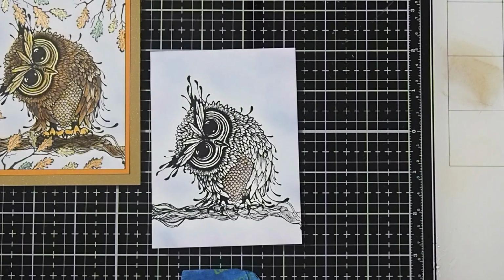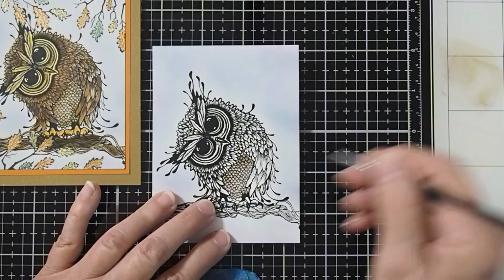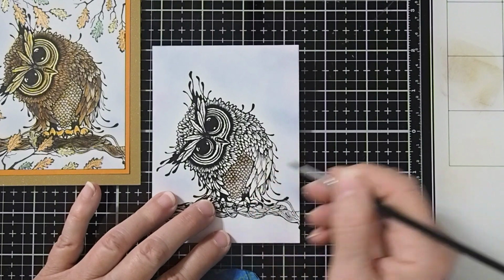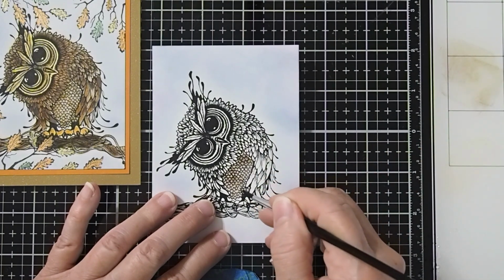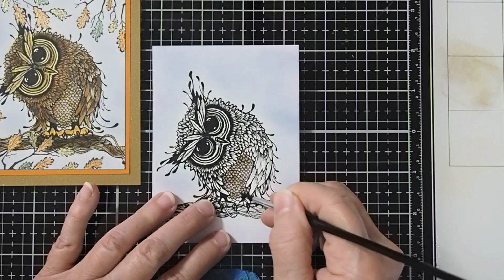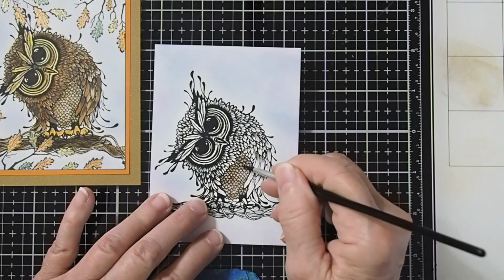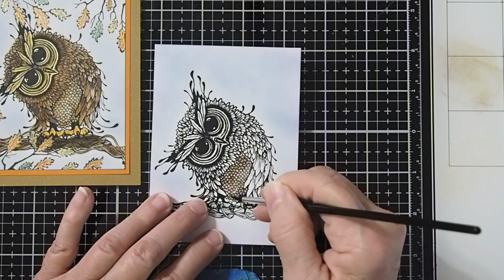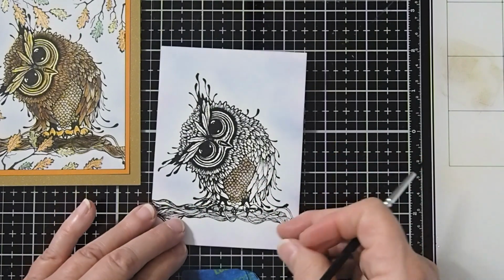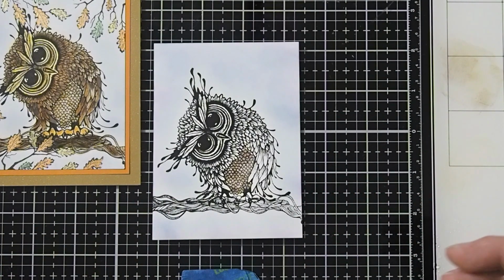Take a little bit of water, pick some of that out, and then I'm just going to kind of dab it in randomly, just to give a little bit of shading. And again, that doesn't take a whole lot. All right. And while we've got the vintage photo out, actually, I think what I'm going to do is